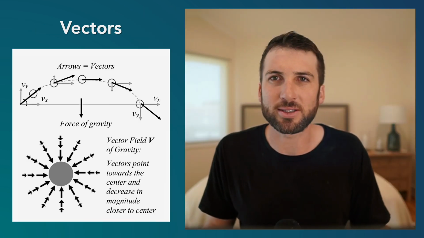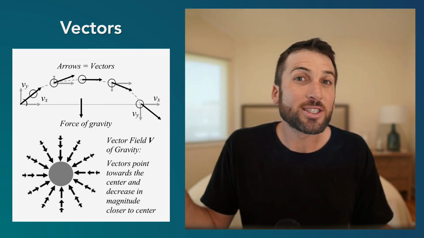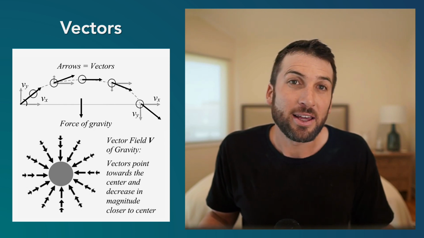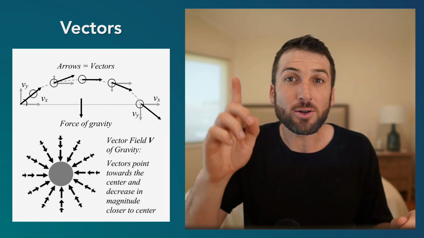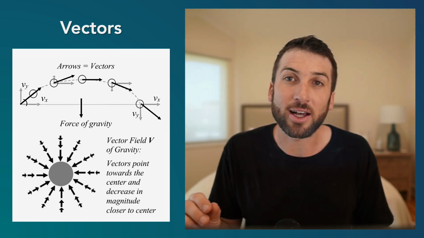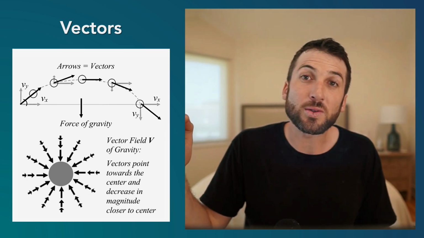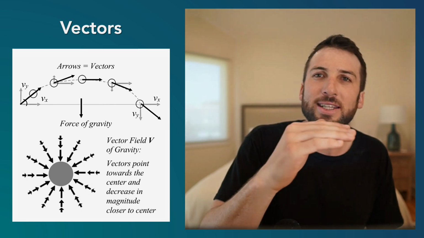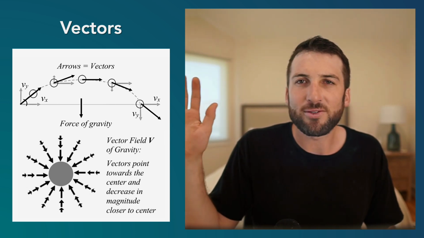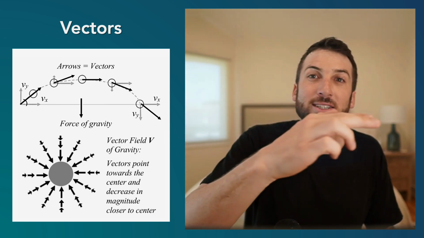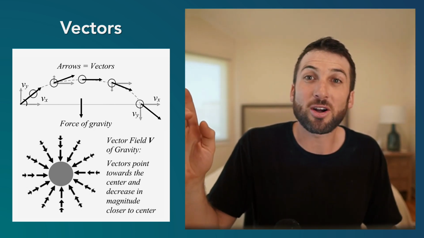Now, to give some more tangible examples of vectors, imagine a trajectory of a ball. Now, the horizontal velocity could be represented by Vx, right? The velocity in the horizontal direction. Now, the vertical direction can be represented by Vy, the velocity in the vertical direction. Now, in a trajectory of a ball, for example, the horizontal direction velocity is staying almost exactly the same. It might be slowed down a little bit by air resistance, but generally speaking, if you're not using air resistance, you say the horizontal velocity is the same. On Earth, with gravity going down, the vertical direction starts going up.